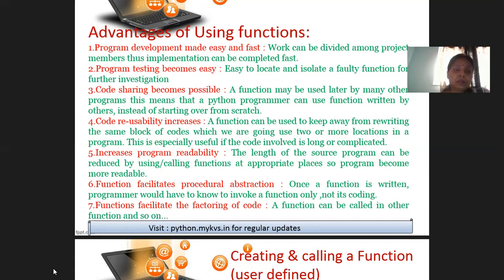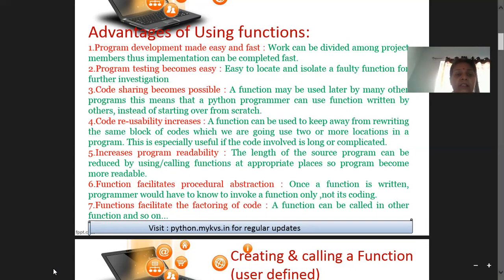And then code sharing becomes possible. That means we can call our function again and again in a program, and we can share the functions anywhere in the same program as well as in other program also. The next topic is also code reusability increases. Means we can reuse the function code in second program or third program, or any other program also.